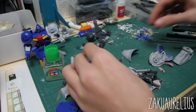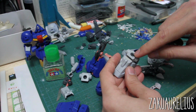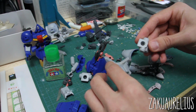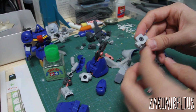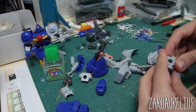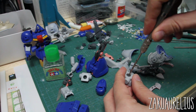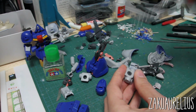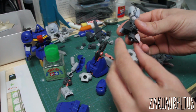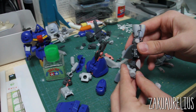Well, I was just taking a look at the other foot, and as I was in the process of doing that, I managed to break the ball joint off, so the ball was stuck in there. Then I thought, okay, now I'm basically just going to have to saw this piece in half, take that out, put a new poly cap in there, and figure something else out. But basically what I figured out, I could just use my pin vise, my drill, to drill a hole in the ball that's still in there of the ball joint. And then this peg, which is the peg that's part of the Zaku's inner frame, which normally connects to the inner frame part for the foot, can just fit inside that